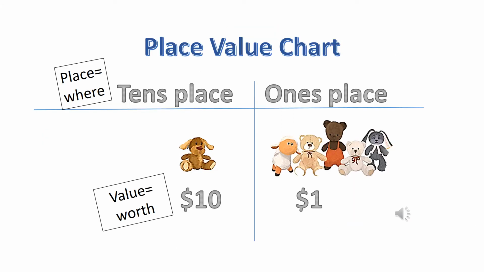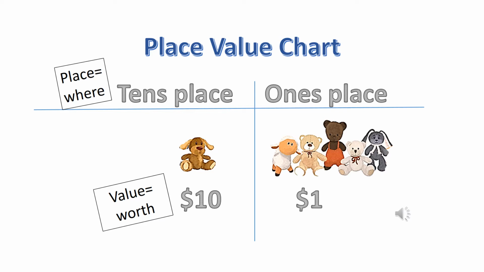Now we can use a chart to show where things belong and what they are worth. So this is a place value chart. And at the top, the location or the place where the numbers go, they have names, the tens place and